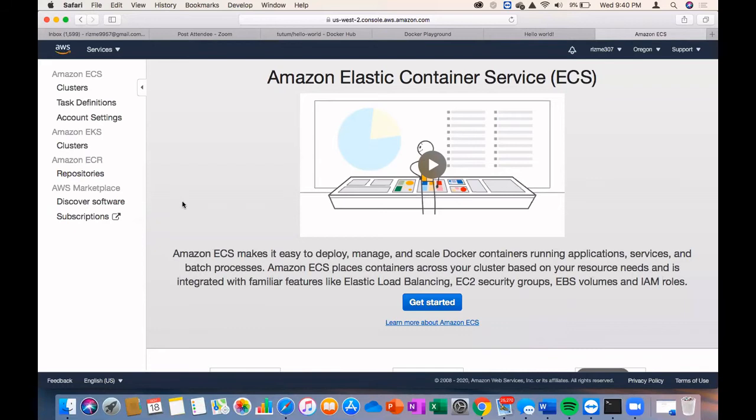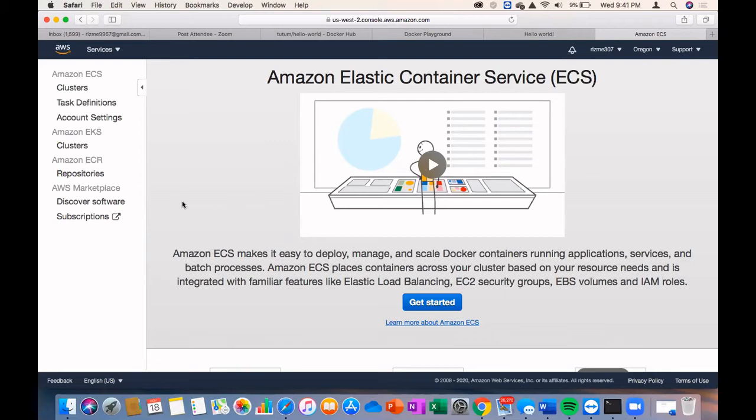Amazon ECS makes it easy to deploy, manage, and scale your Docker containers. Correct? So you can scale it very easily because it's running on a cloud, and you can give unlimited CPU and memory to scale your container. Okay. Correct?